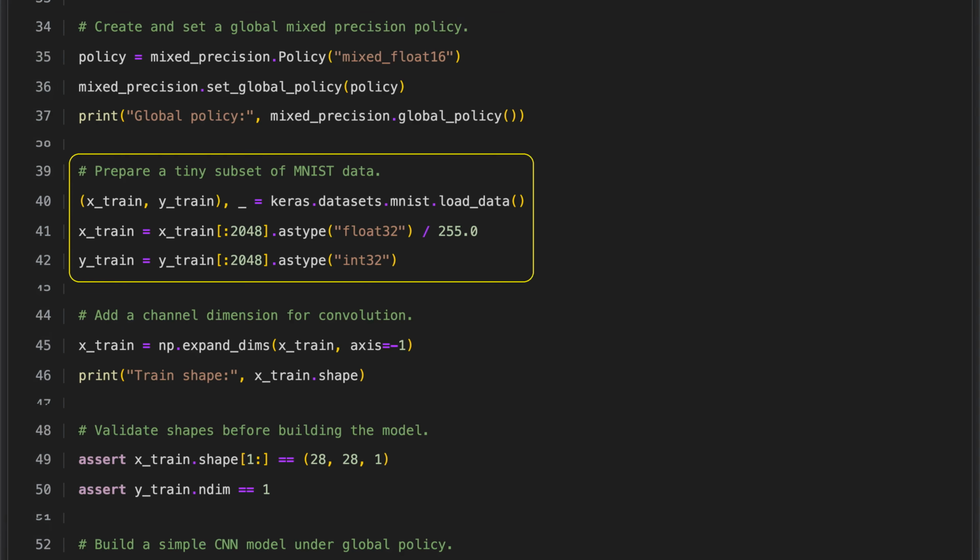training. The code first loads the MNIST handwritten digit dataset using Keras, then selects the first 2048 images to keep the example small and fast. It converts the image data to floating point numbers and normalizes the pixel values by dividing by 255 so they fall between 0 and 1, which helps the model train more effectively. It also extracts the corresponding labels for these samples and converts them to integers, making them suitable for use in